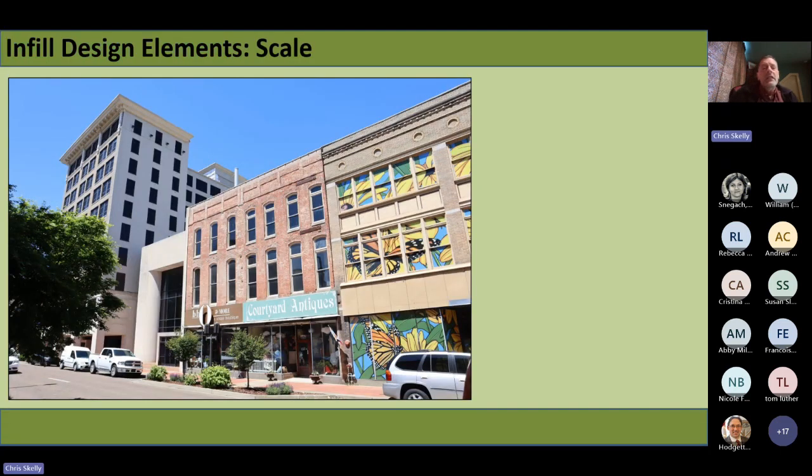This one here is in Kentucky. It was interesting to walk past this one, and it definitely was quite a bit taller than the other buildings nearby. And yet there were ways that it wasn't quite so jarring to me as I was on the street here. I think that's partly because it still actually has that tripartite pattern here, you can't quite see it because of the tree, but